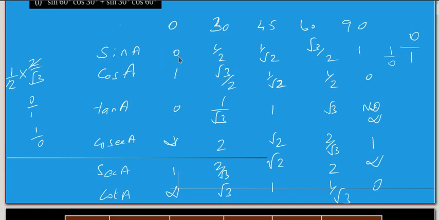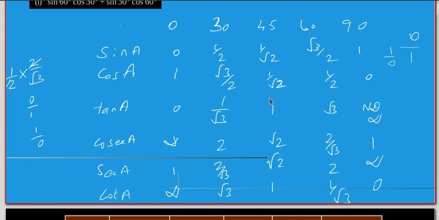So from this what it is showing, we can arrive at the values in the shortest way. If we know the sin of the angles, from this we can arrive at all the other ratios. So how to keep it in mind? 0, 1 by 2, 1 by root 2, root 3 by 2, 1. These are the sin values from 0 to 90. From this we will get 1, root 3 by 2, 1 by root 2, 1 by 2, 0. So better keep all these values in mind so that doing the problems will be so easy for you. Keep in mind all the formulas, all the ratios anyway.